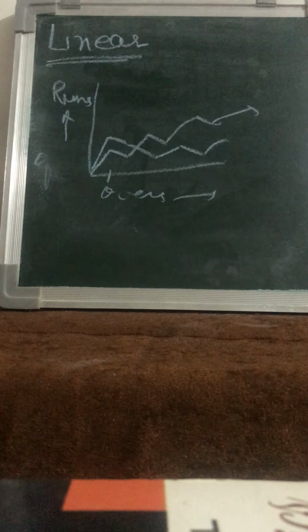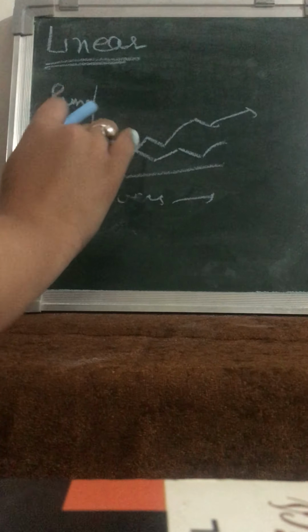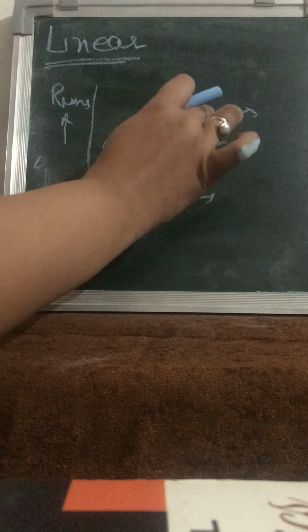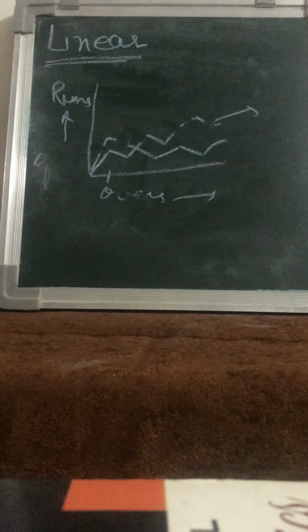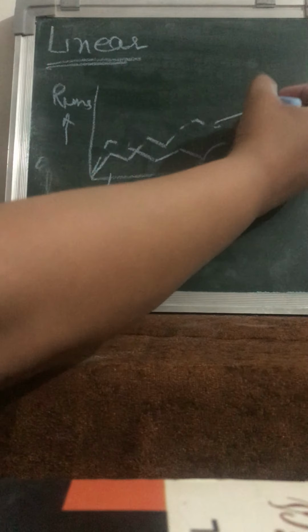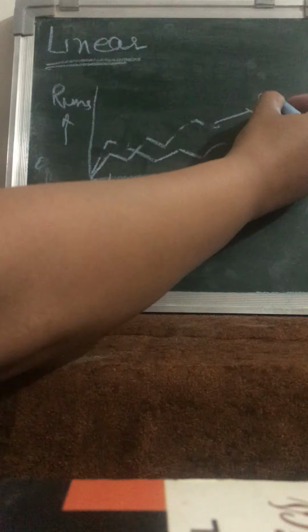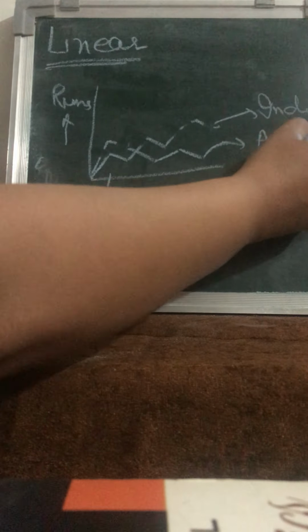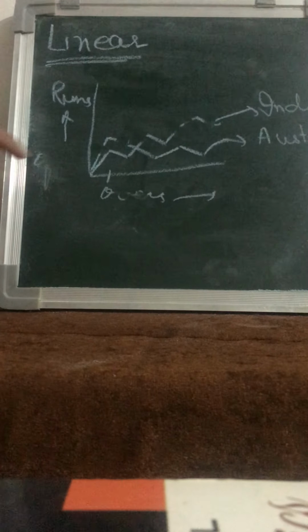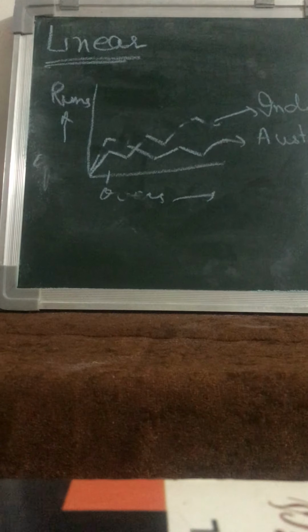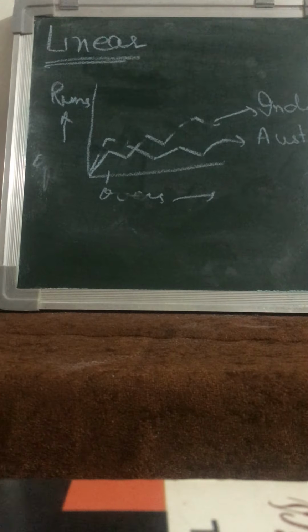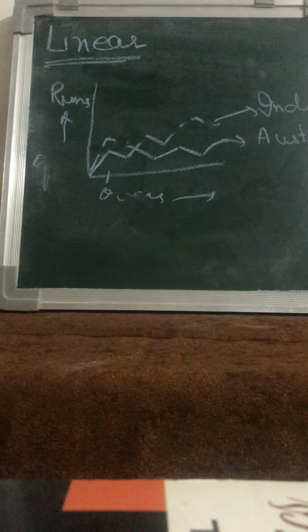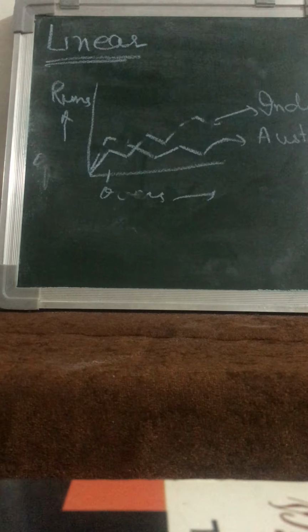Basically, children, the two teams, they will be keeping one line with a dotted line, or they will be using different colors to present, so that it is remarkable and presentable. Like this they will say is India, and this they will say is Australia, right? So these are linear graphs, when you present data by simply joining the points. So this is a linear graph.